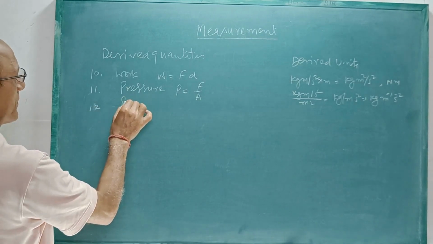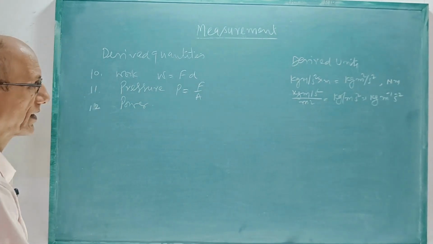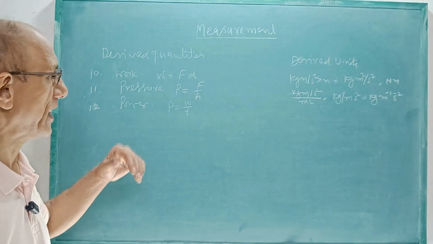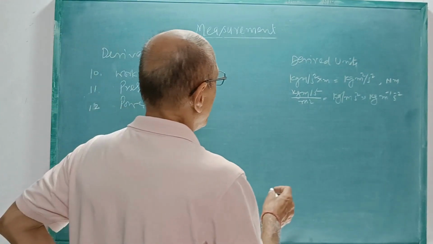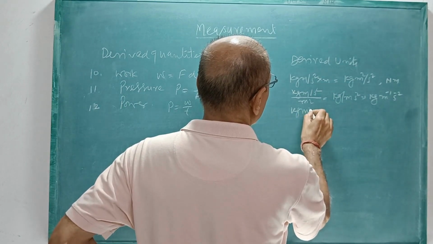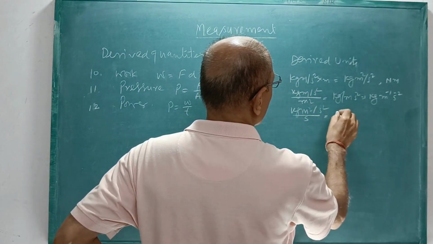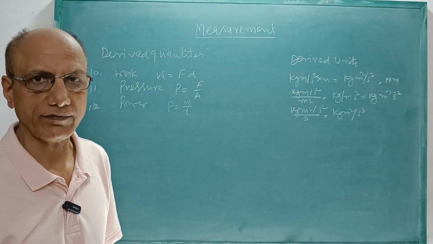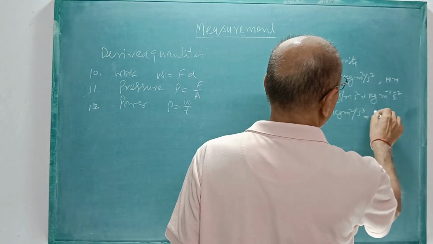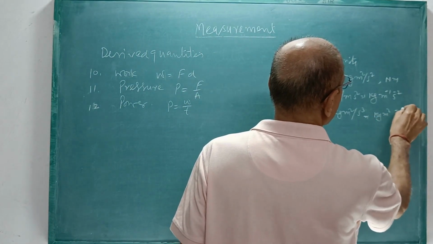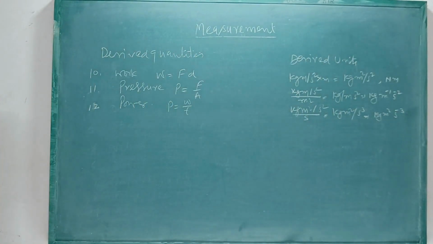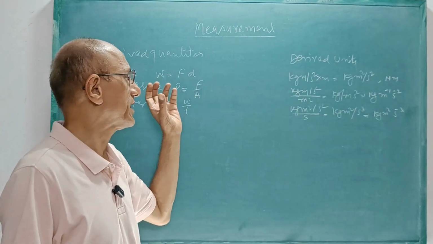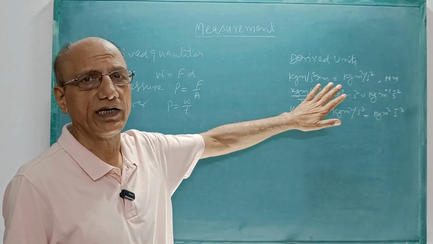Now power. Power is work upon time. Rate of doing work. Work upon time. So work is kg meter square per second square divided by second. So it will be kg meter square per second cube. That is, you can also write it kg meter square second power minus 3. Very simple. If you know the formula, then these units may be derived very